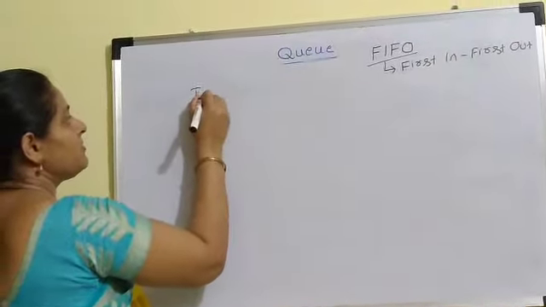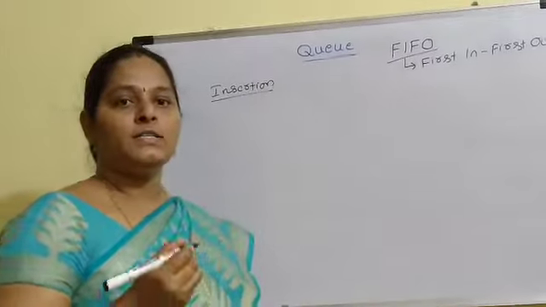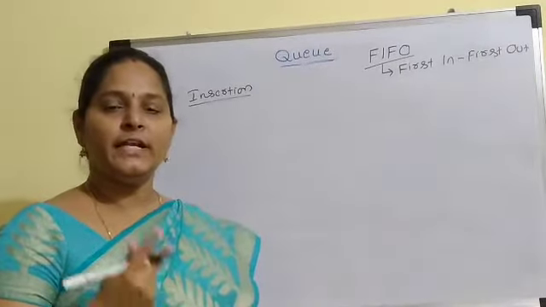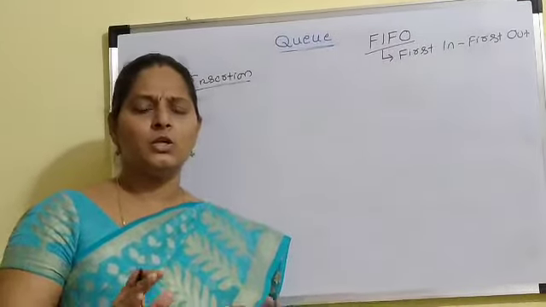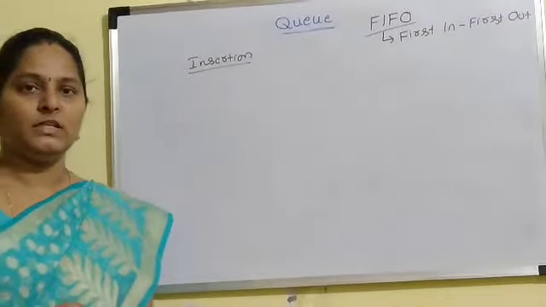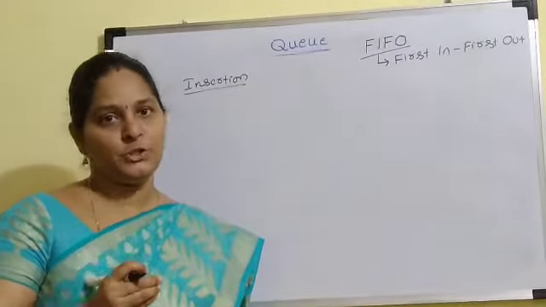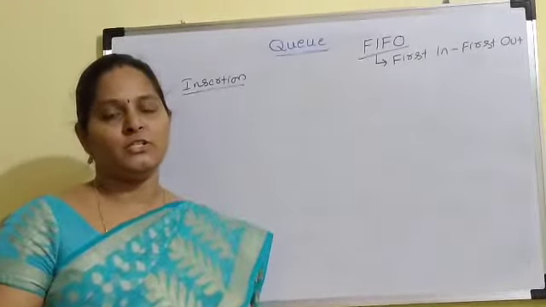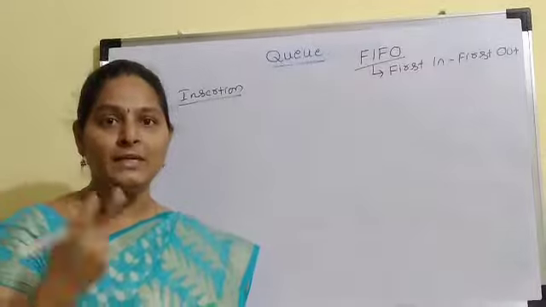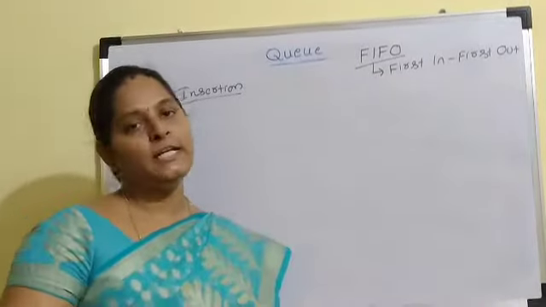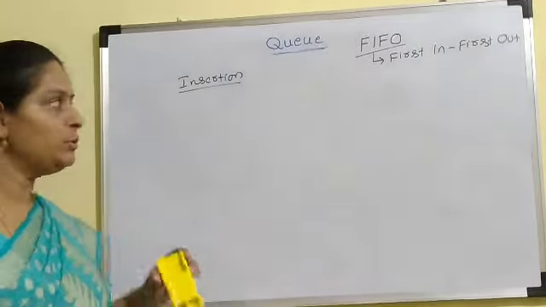See the insertion operation. Just now I told you, a queue can be implemented in 2 ways. One is by using arrays and another way is by using pointers. There are a lot of advantages and disadvantages in both implementations. Whenever you know the size of the queue, we can go for array implementation. Suppose while creating the queue itself, if you are unable to decide the size, then better go for linked list representation. Let us see how to insert the elements into the queue by using the NQ operation.